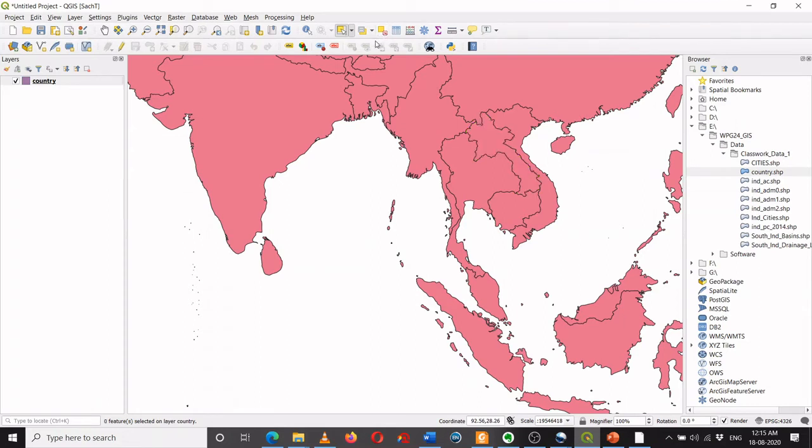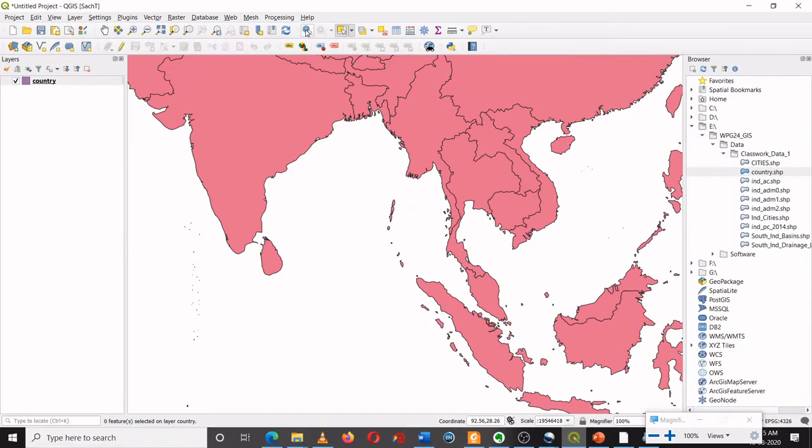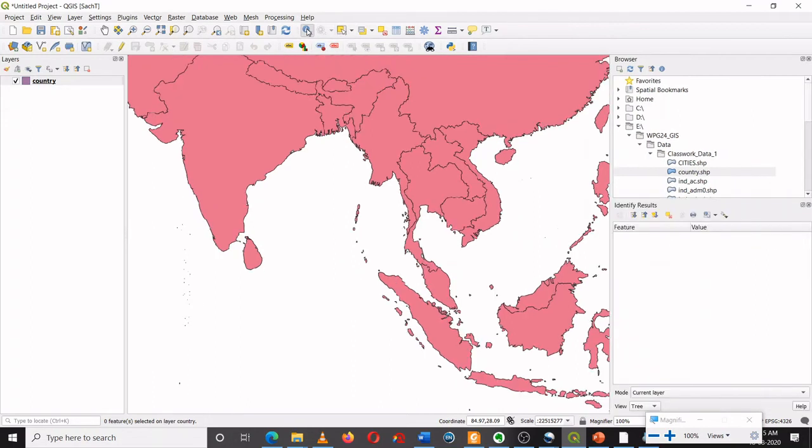There is a tool called identifier. This identifier tool is over here, which is called identify features. You can see more clearly over here. I can select this tool by clicking it. The moment I select it, a short window has opened over here with the name identify results. Now also you can see there's a change in the cursor symbol.